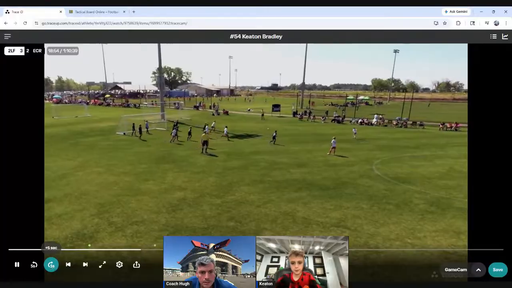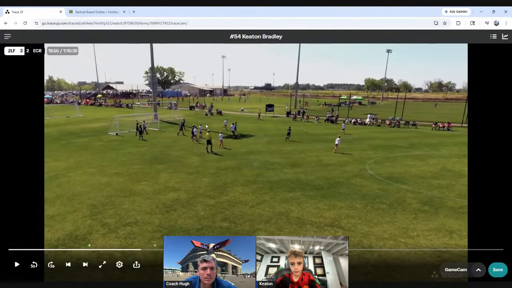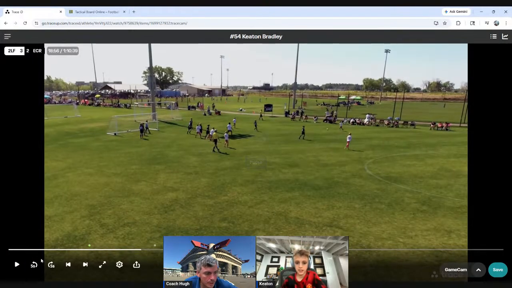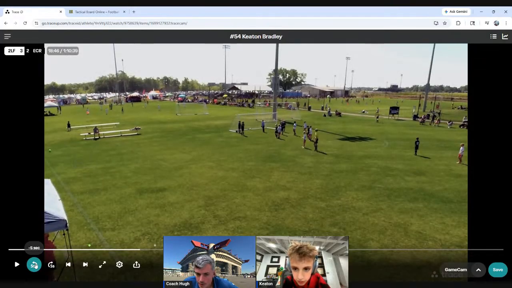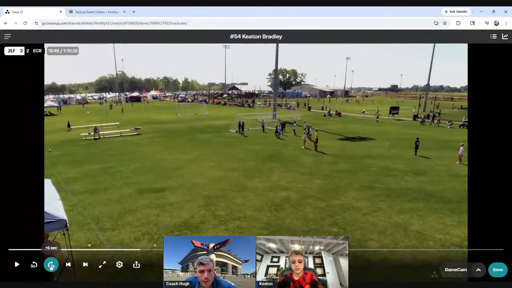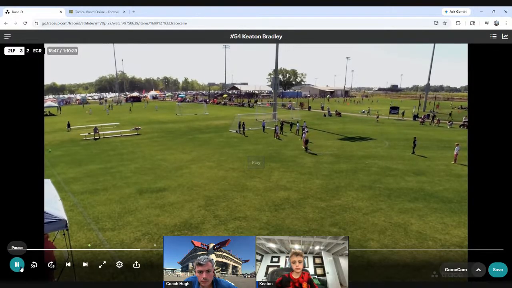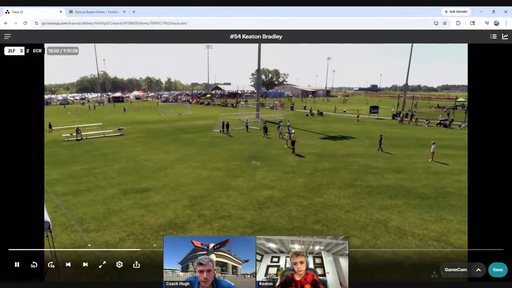Corner kick. All right, so here, where would you say you are? Are you over here? Can you tell? No, I'm in the middle. You're in the middle? Are you just standing here? Okay, so what position did you sub in here? Left wing. Okay, so if I were you as a left wing, I would be closer to the near post, right? Because you have a center forward, you've got a right forward. I try to avoid staying in the middle of the box. And then even what you could do is just float out here. This is a great position to float as a left winger because then it pulls one of these guys out. So right now, I think you're here right by the PK spot.